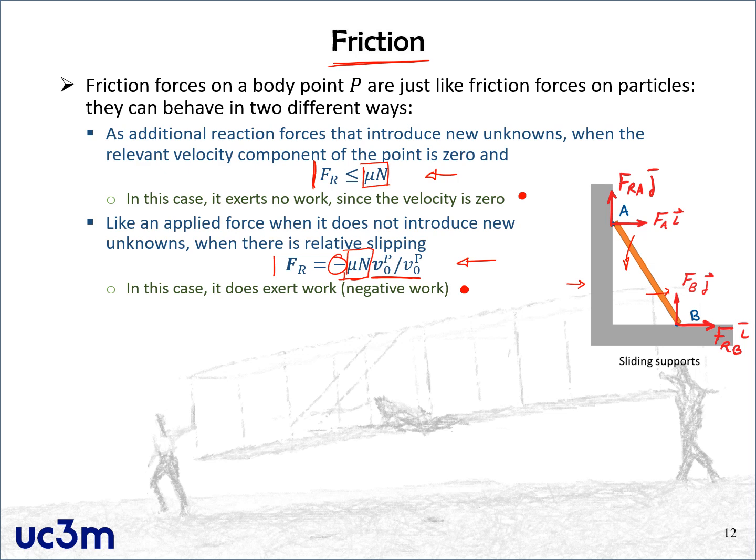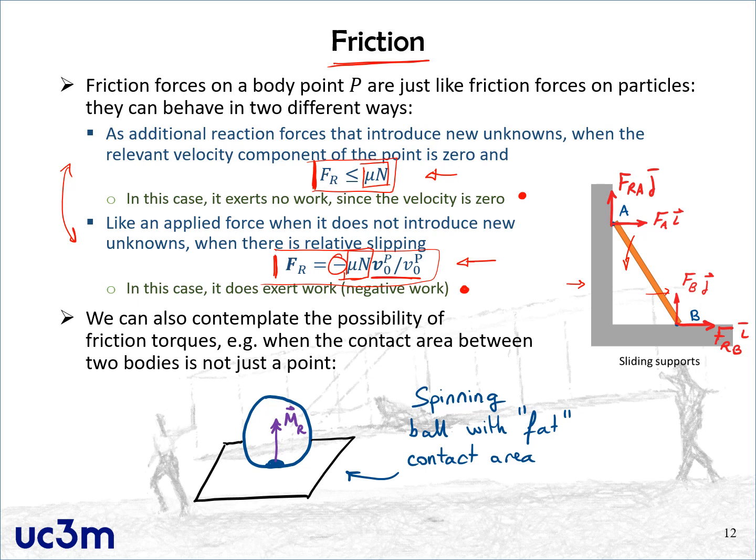Just as in the case of point particles, you have to monitor the conditions for the maximum value of the friction for the reaction force case, and the velocity of the contact point when you are in this other case, to detect when you have to switch from one to the other. So you basically have to consider two different formulations of the problem and switch accordingly. In the case of rigid bodies, there is a new possibility, which is the possibility of having friction torques. Again, the friction torque would be proportional to the normal force. And it would happen, for example, in the case where you have a ball that is